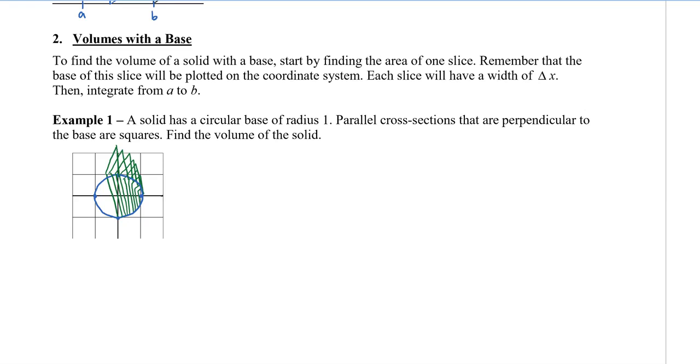So what we're going to do is we're going to start off with the equation of the circle. So it's going to be (x - h)^2 + (y - k)^2 = r^2. Now in this case, our circle is centered at (0, 0), so our h and k are 0. Therefore, we have x^2 + y^2, and our radius of the circle is 1, so it's going to be 1 squared. So we're going to isolate our y,